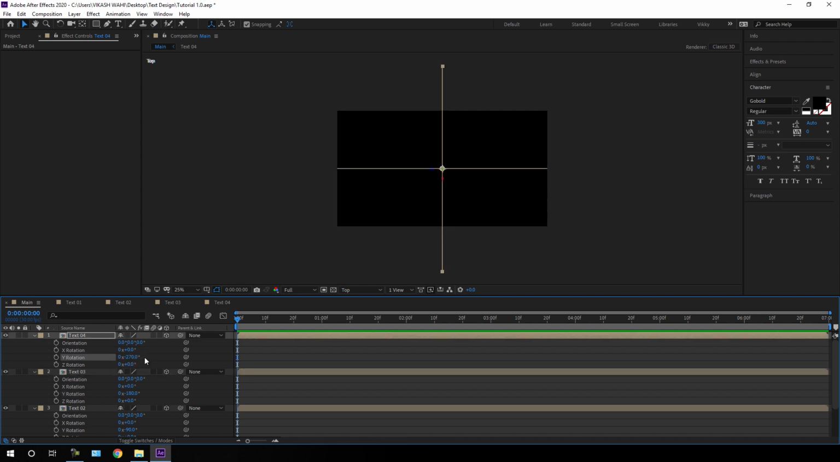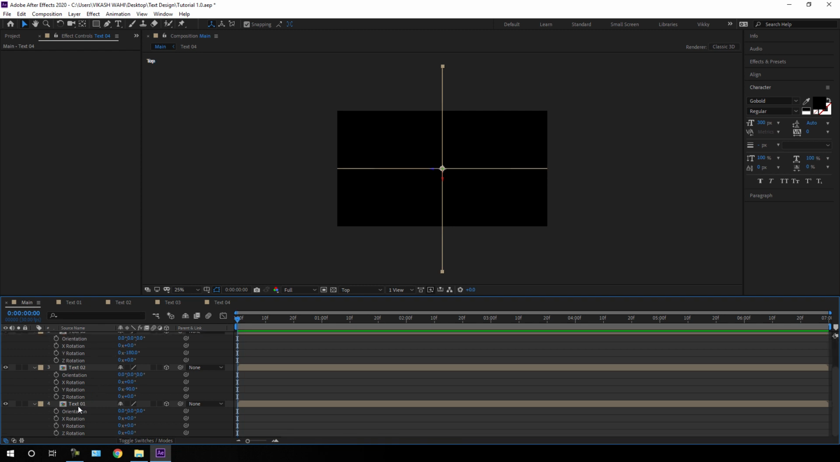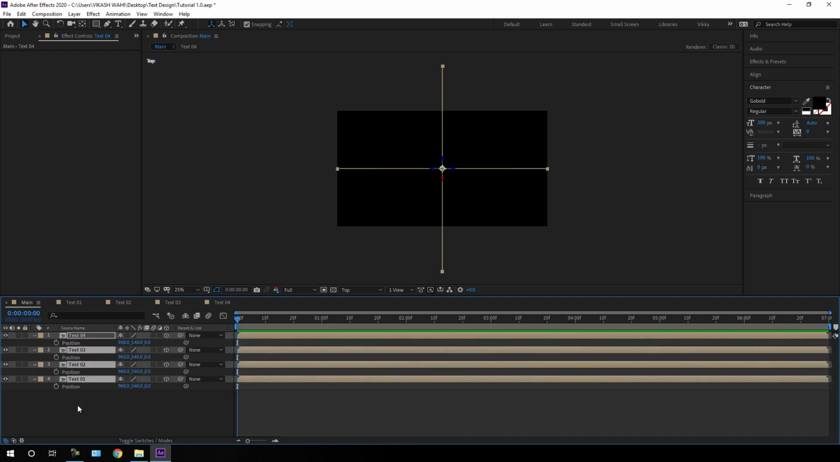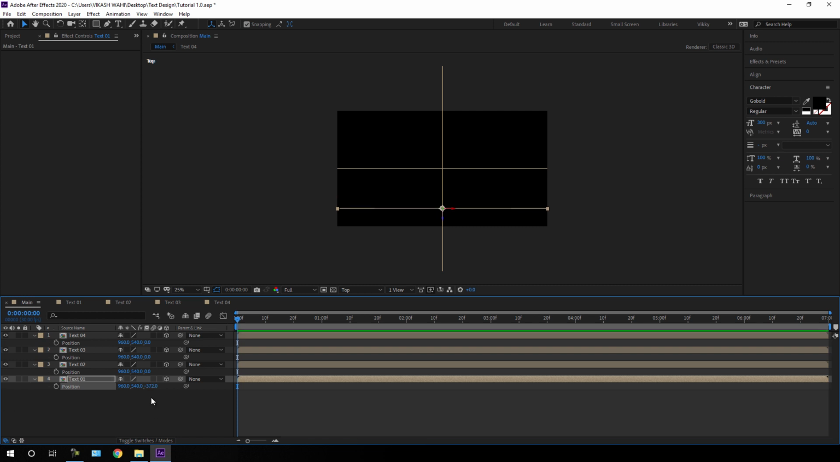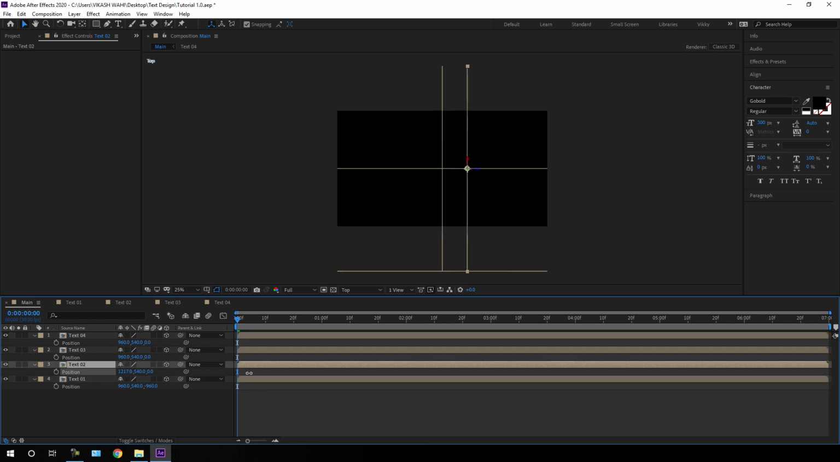Alright, and after that, select all the layers, hit P on the keyboard to open this position property, and just go to the first one and let's drag it down. Basically, we have to set the Z position according to the X position. So I'm going to set this value -960. All right, and just go to the second one, and here we have to change the X position something around